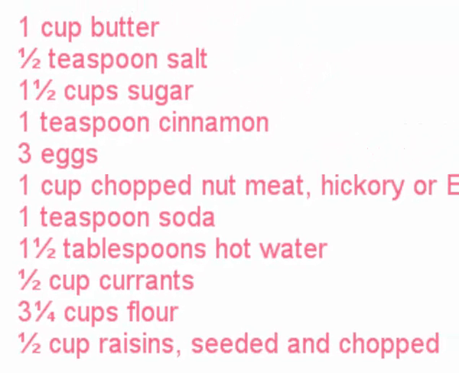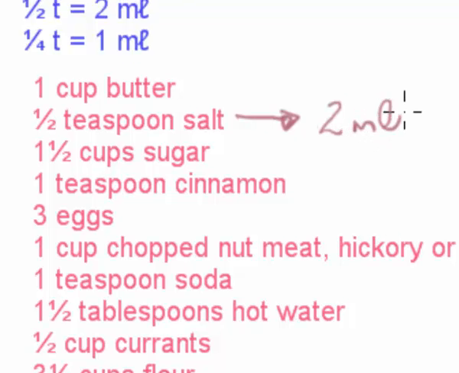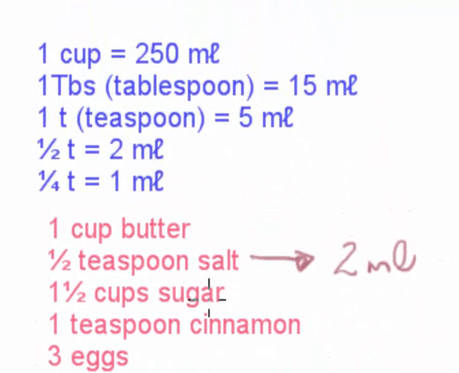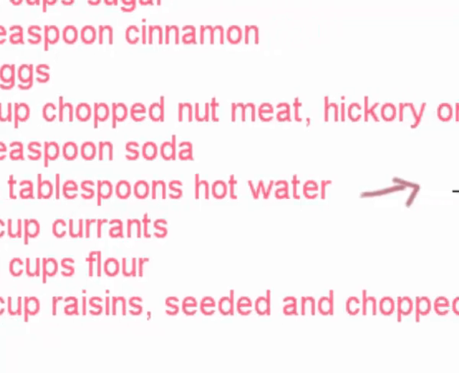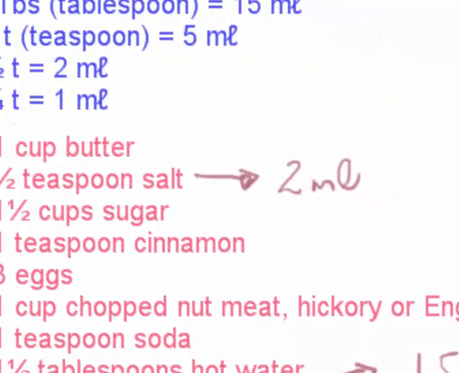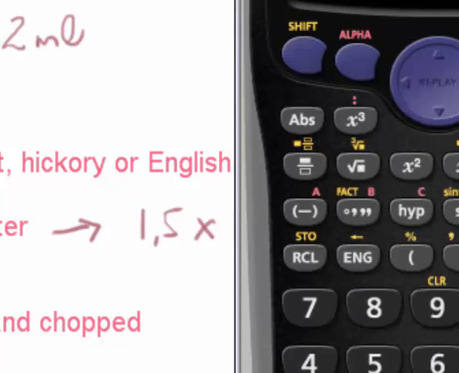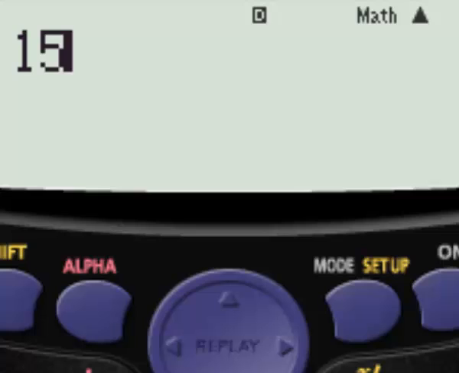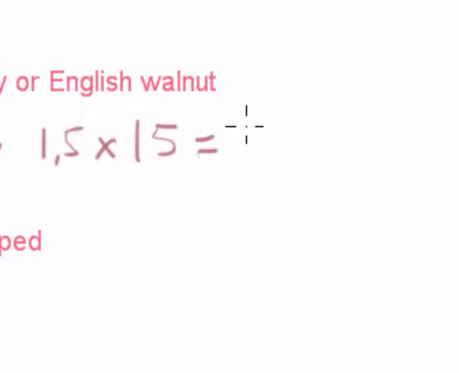So if we were to convert this one over here, this half a teaspoon of salt, what are we talking about? Half a teaspoon of salt would be 2 milliliters using our conversion that we've got up here. If you wanted 1.5 tablespoons of half water, what would you have to do there? You would have to go 1.5, and you would multiply that by, a tablespoon is 15 milliliters, so it would be multiplied by 15. And if you go and do that on your calculator, 15 times 1.5 gives you 22.5. So there we have that. This is going to be approximately